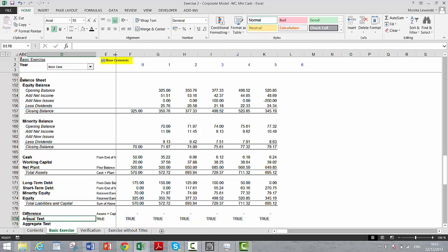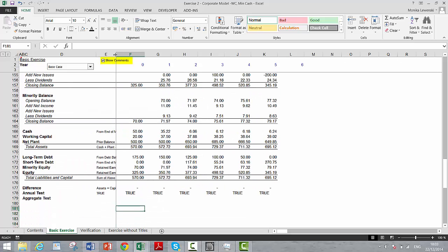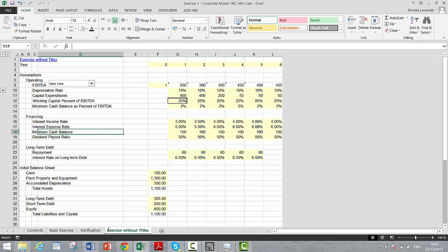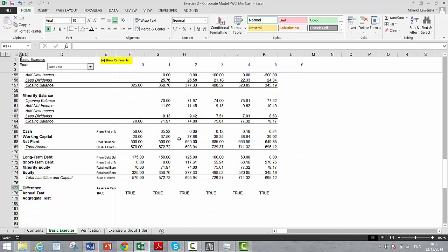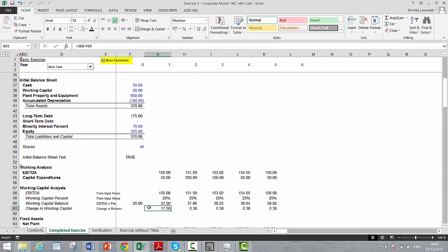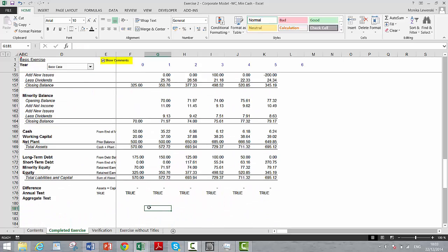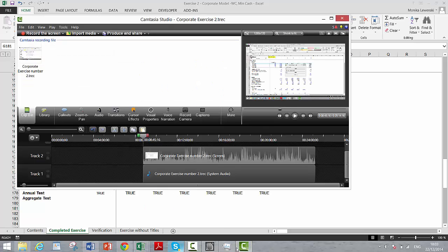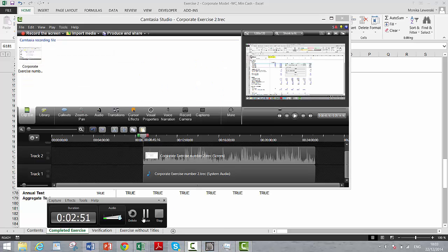okay, and here's what this exercise is. When you receive this exercise, you can make one without the titles, and then I'm going to make this one named completed exercise, and you can make one yourself that works through the model. So this is a more complicated version, and it's still not that bad, really, is it? Okay, because we did it in